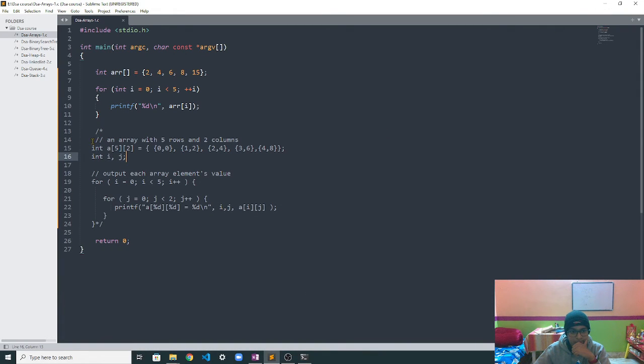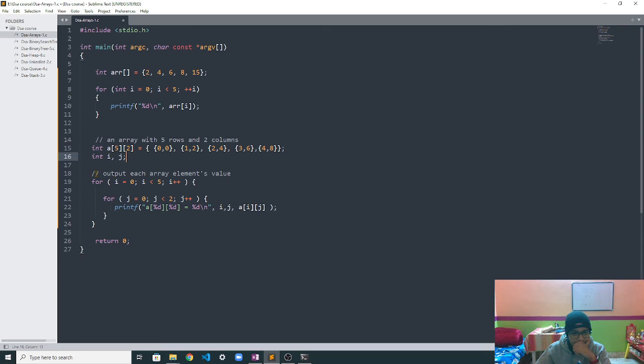Now let's talk about multidimensional arrays. Here let's uncomment this line first. Here is an array with 5 rows and 2 columns. You can see that there are 5 rows, and each of them is an array which contains 2 elements. It is an integer data type array.